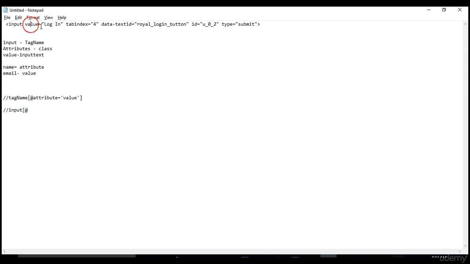This is the attribute. So / @ attribute equals, as I said, the value will be login. That's all. This is your XPath.